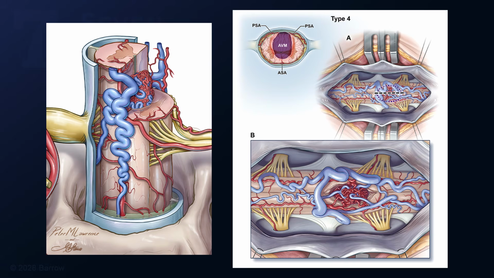The AVM typically requires dissection into the cord through a midline or paramedian trajectory. The illustration at the bottom right demonstrates how the midline myelotomy takes the dissection around the margins of the AVM through the spinal cord tissue all the way to the front, where anterior spinal artery feeders can be reached on the ventral surface.